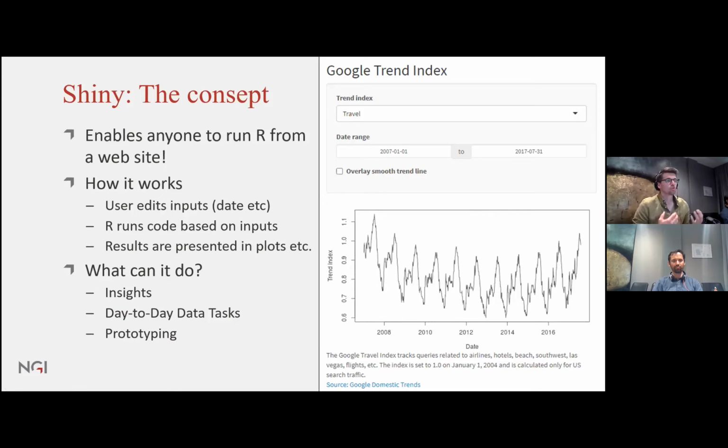So overall, what you can use Shiny for, I think it's very useful for insights. A lot of us working as data analysts, we look into data, we try to find correlations, we try to learn something, and that's a lot about insights. But in addition, when you also start to build the web application, you can also start to catch day-to-day data